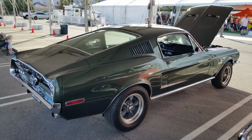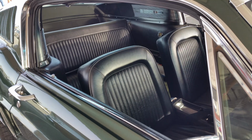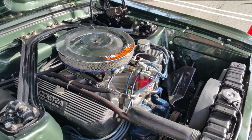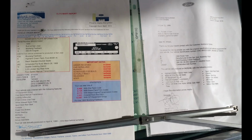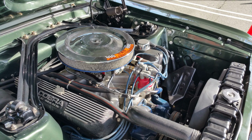And then the Marty report shows again the door data plate information. Code 8, 1968, code R, built at San Jose, code 02, Mustang Fastback, code S, 390, 4V engine, and 63A Mustang Fastback, code R, Highland green paint, Ford number 3067-A, 2A black standard bucket seats, and code 26C, scheduled for